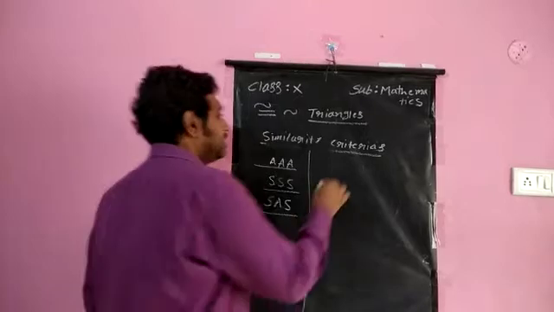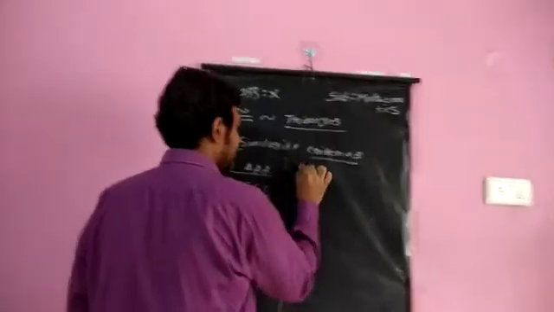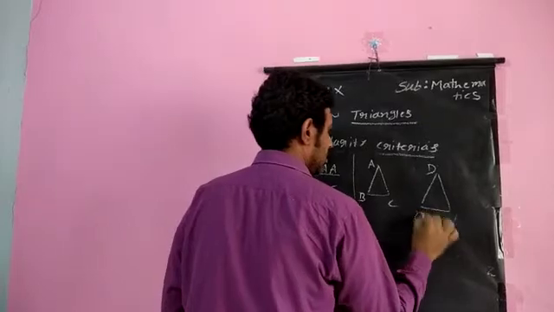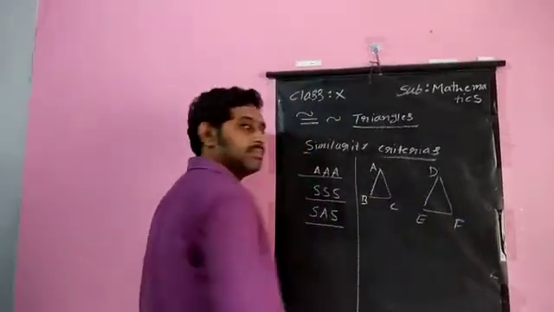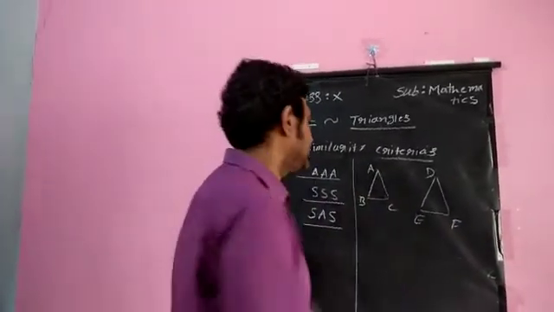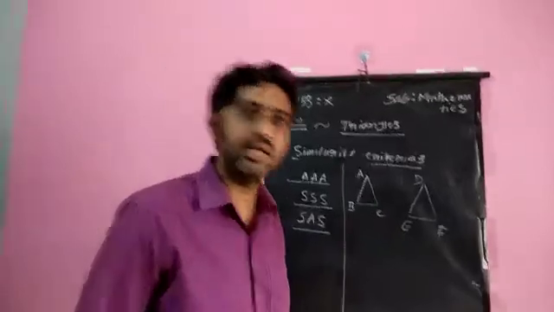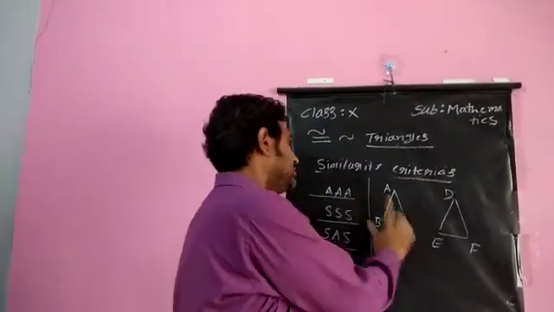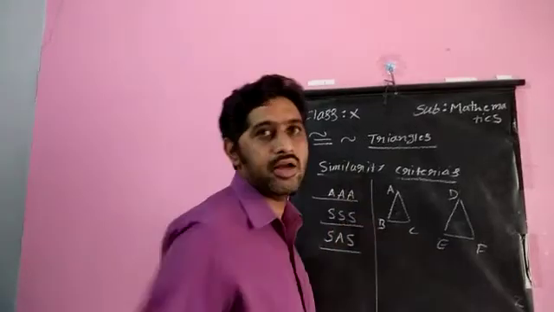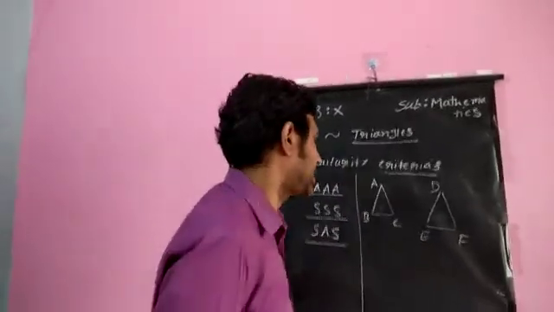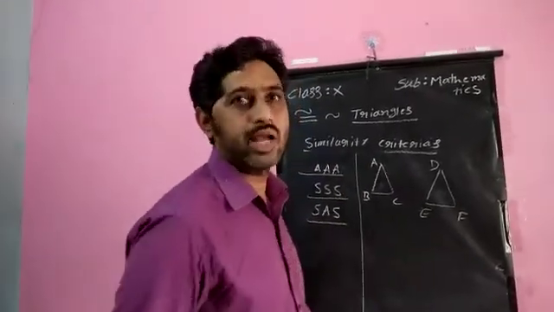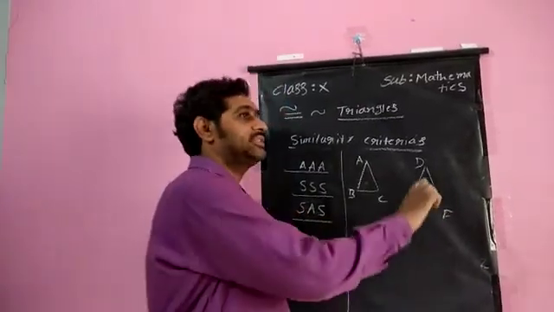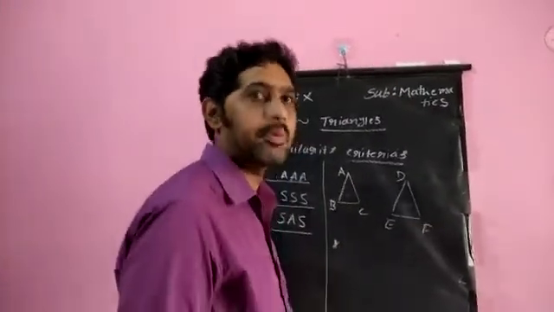And if we say that two triangles are similar to each other, if I say that triangle ABC is similar to triangle DEF, then what happens in these two triangles: corresponding angles will be equal and corresponding sides are proportional. In order to say that these two triangles are similar, we use any one of the similarity criteria. If the two triangles are similar, what we can say by CPST is that the corresponding angles are equal, the corresponding sides are proportional.